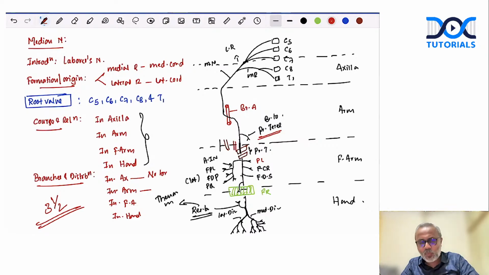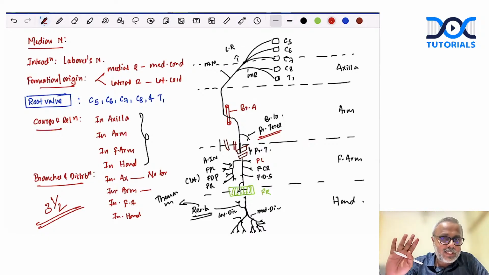And remember, one simple diagram is enough. But if you have time, my suggestion, write the impression of your own hand and then talk about the distribution of the median nerve in the hand beautifully, right? So two diagrams I would suggest. One simple diagram to explain the course in a line diagram. The second diagram, if you have time, the outline of the hand, drawing your own hand. Okay. Use your hand as an impression and draw that hand and then show the branches of the median nerve,